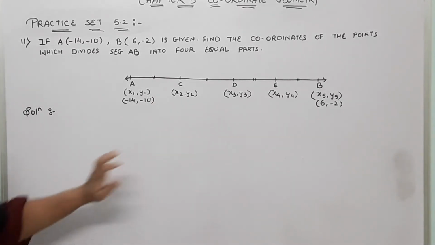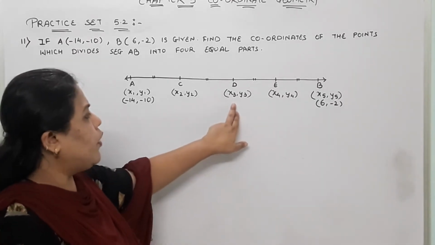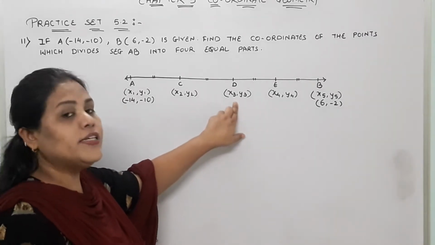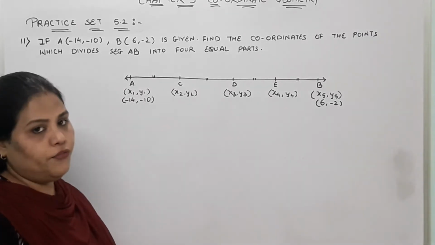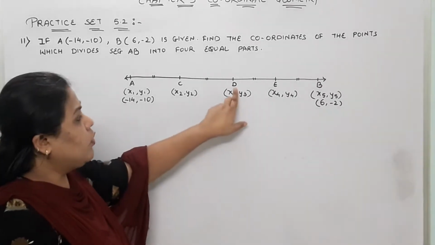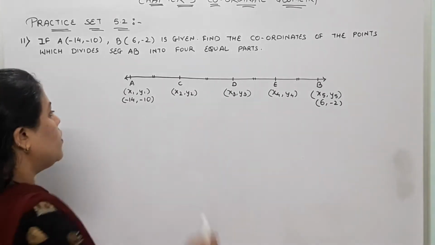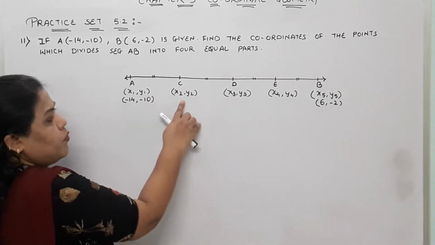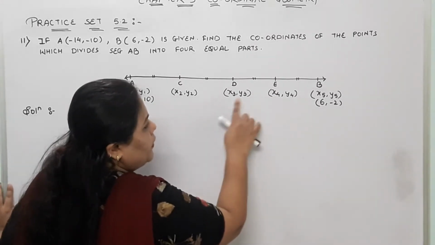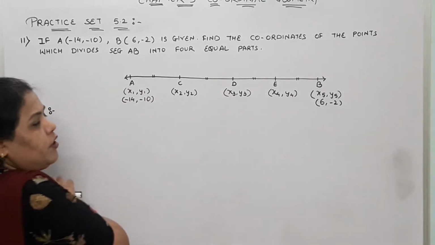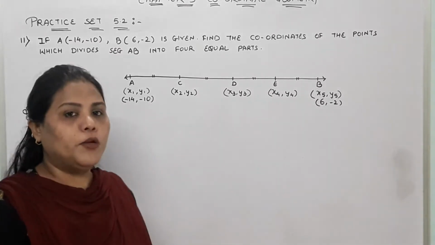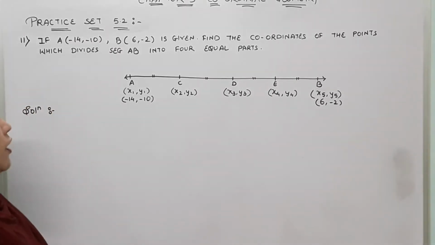Okay. Now, if we see the figure, point D is exactly in the center. It means what? Point D is the midpoint of AB that we have to write and show. So, by applying midpoint formula, we can get the coordinates of D. Now, see here in AD again, point C will be the midpoint of AD. And here, point E will be the midpoint of BD. So, in short, we'll get the coordinates of point C, D and E by applying midpoint formula. Okay, so let's start with the answer now.